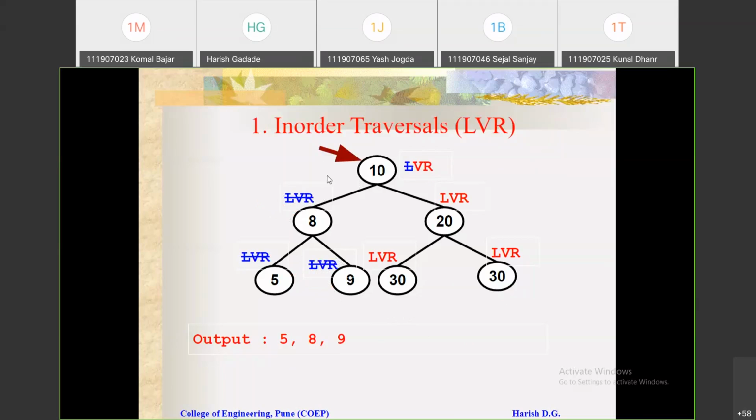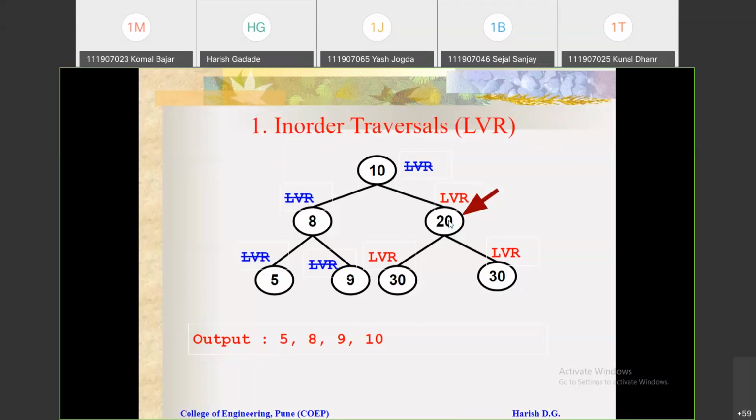So you can see here that the pointer is at 10 and we have printed the left subtree, like 5, 8, 9. Now here again it will check the steps. Only one step we have completed here. So what is the next step? Visit this 10. Visit means print that 10. So in the output that 10 will be printed. V step we have completed. Now the next third step is what? Move towards right. So this pointer will move towards right. It means it will come to this 20.